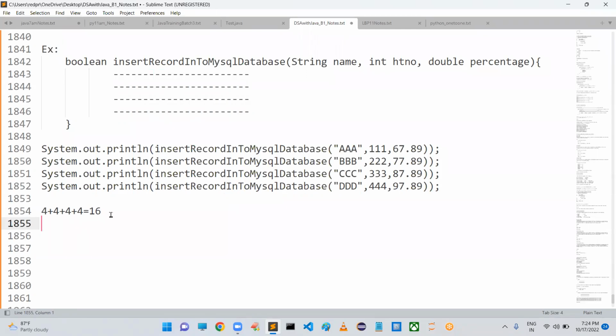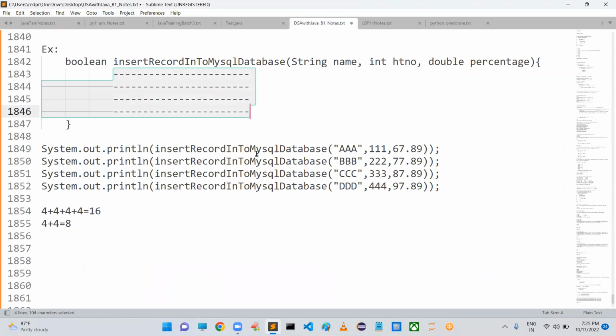Okay, but because of these functions, what happened? 4 lines are fixed. Additionally, you have to write 4 lines of code. The total of 8 lines is sufficient. Sir, this first value is fixed, and the second value will vary depending on the number of records. Sir, is it an advantage or not? Yes. So this code we are going to reuse.